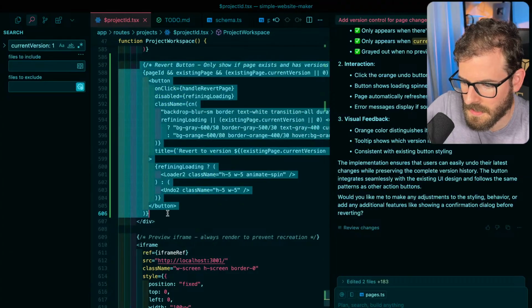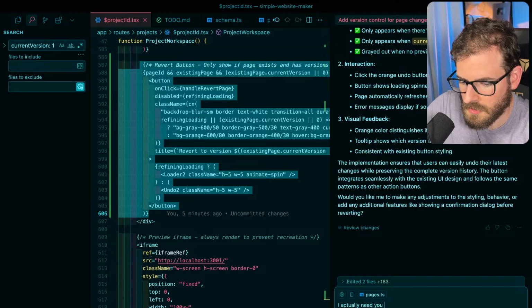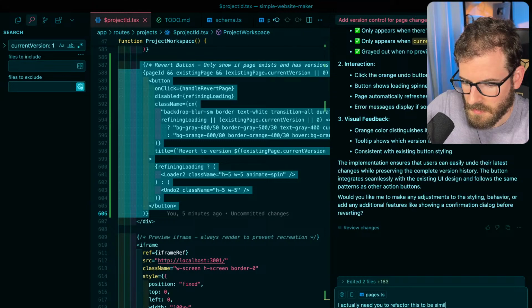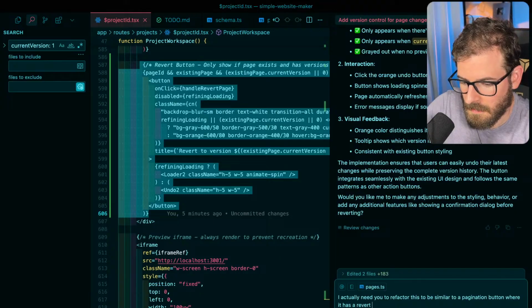And then I'm going to say, I actually need you to refactor this to be similar to a pagination button, where it has a revert button on the left, the current version in the middle, and a forward